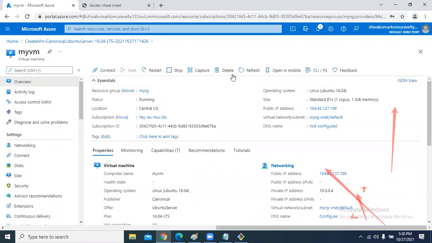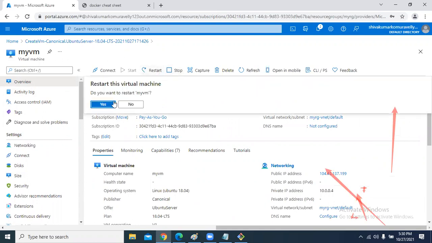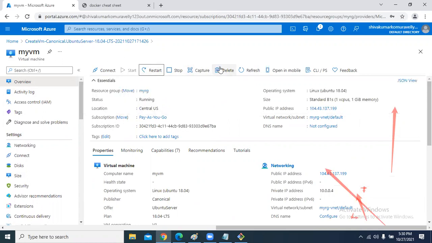If you click on refresh, are you seeing the machine size is increased here? Earlier it was B1S, right? Now it is D2S_V3. Now manually you have to connect to this machine. Again, you have to click on connect.